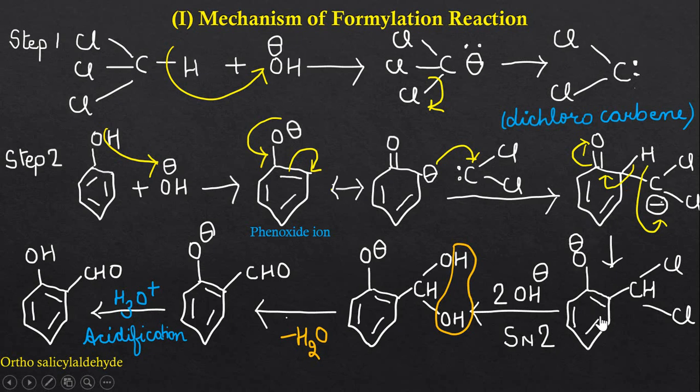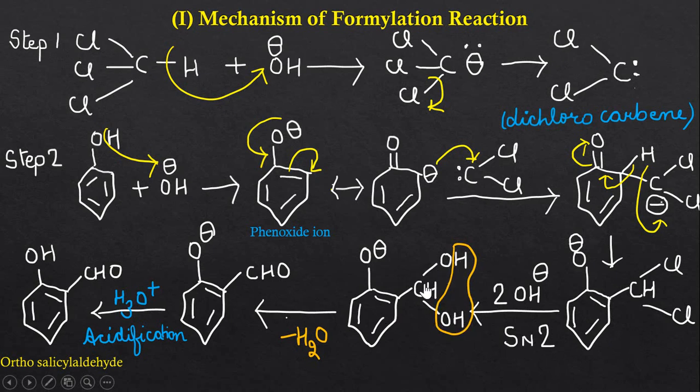And now in the next step, these chlorine atoms are replaced by the OH group by applying the two molecules of the hydroxide ion. Here the mechanism which is followed is nucleophilic substitution and we will get this